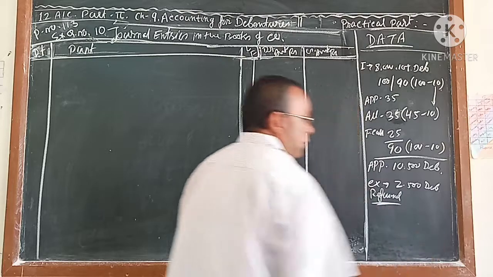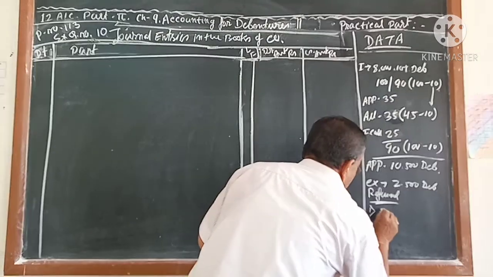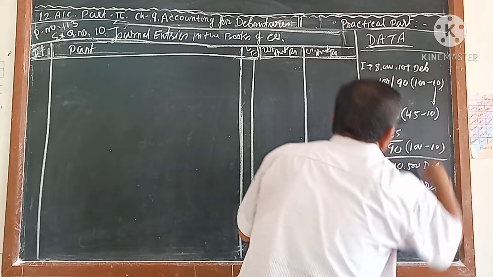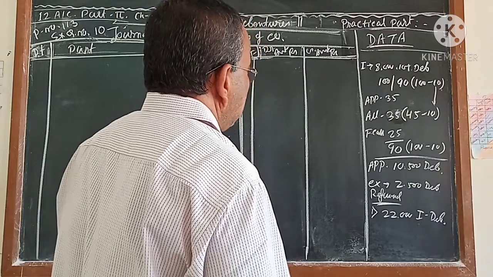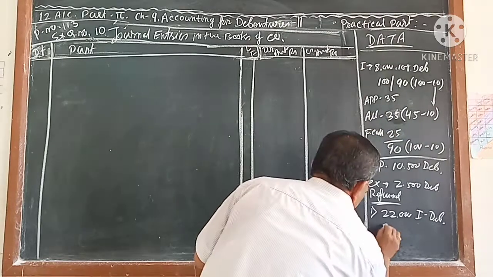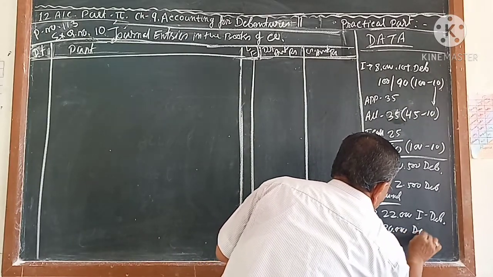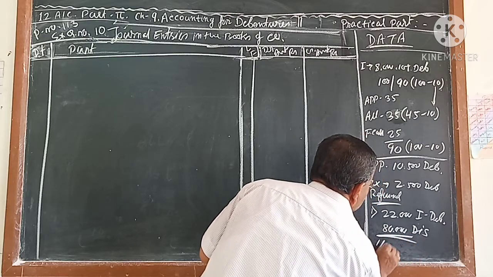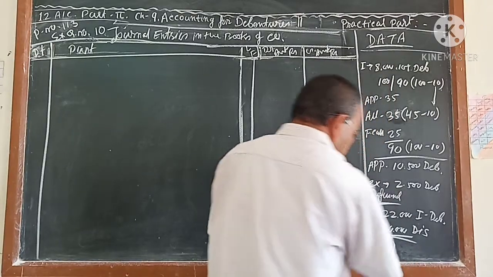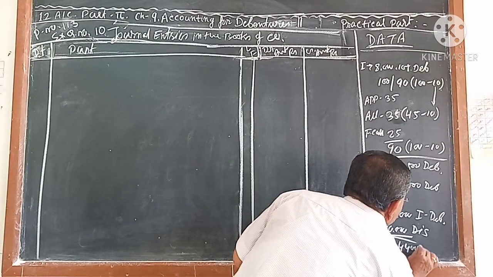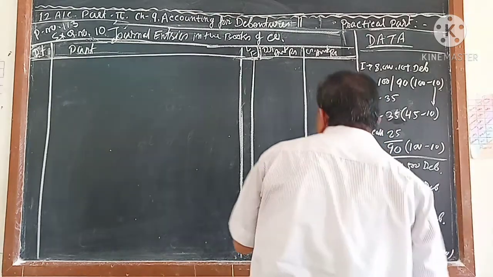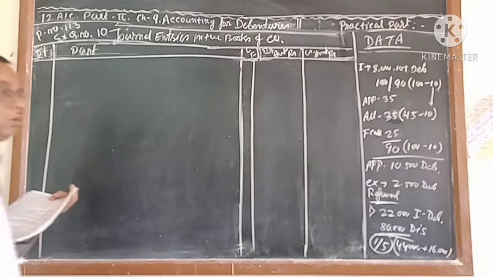One more thing, the two expenses are there. One is the 22,000 for issue of the debenture. Another one, how much is coming? Let me see. Because 10 rupees of 8,000, that means 80,000. That is discount. These two amount, 1/5 you are going to transfer. 1/5 of 22,000, 4,400 is coming, and 1/5 of 80,000 is coming, 16,000. This amount you are transferring. This is the data which is most important to do the sums.